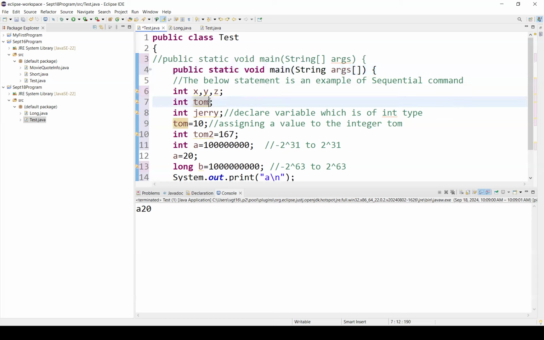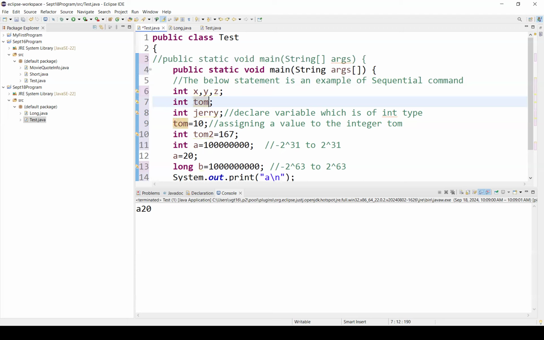Once again, you might be wondering, can I include something like this? int string. You can do it, but once again, it is not a good practice to use the keywords as the value. You cannot use the names of keywords to be assigned to some other value. So there are some keywords which have been reserved for doing certain tasks. So it's always a good practice not to use these